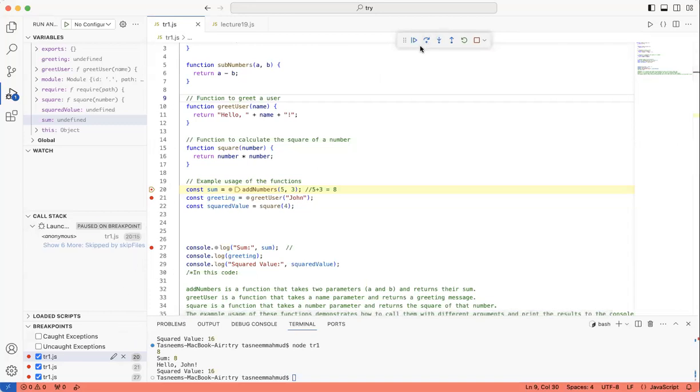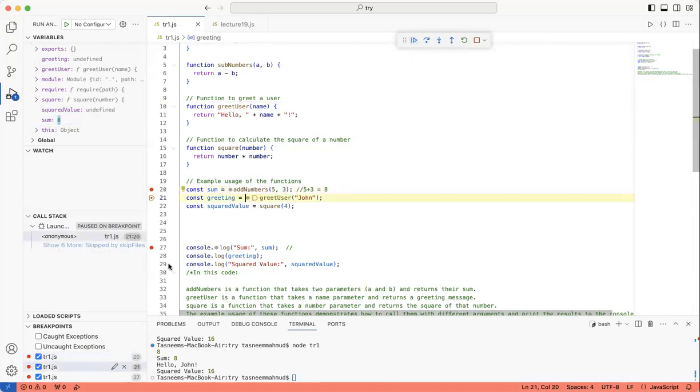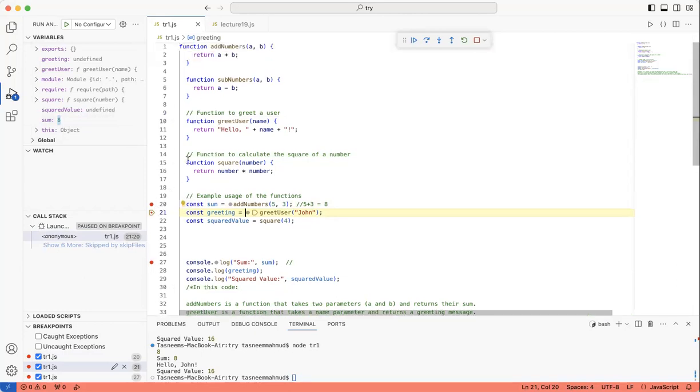Okay, so now let's actually run the debugger. Let's press play. Over here, as you can see, we have the sum 8. So what it did is start from line 20. I think I said line 18, line 19, that's my bad.